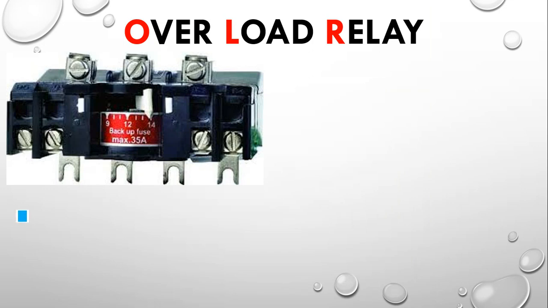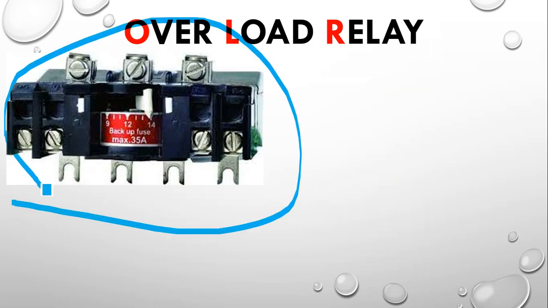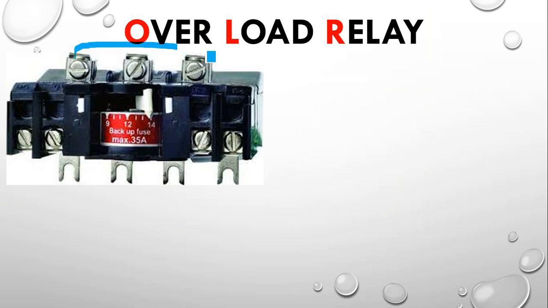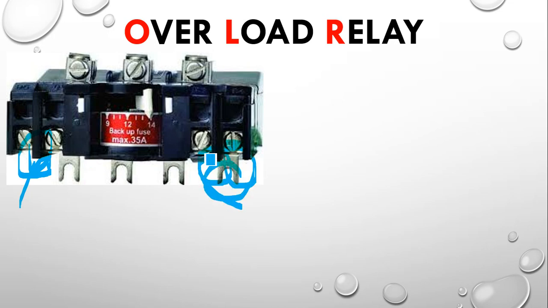And this is the physical form of an overload relay. These are the input main three-phase terminals and output three-phase terminals, and there are two auxiliary contacts: a normally open contact of the overload relay, and a normally closed contact of the overload relay. And there is a current setting here. You will be able to see a movable piece of plastic part. This can be moved to select the current, and based on the setting, the motor will be protected.